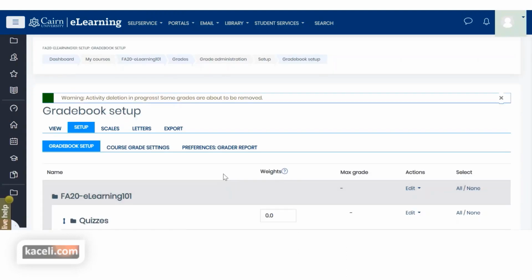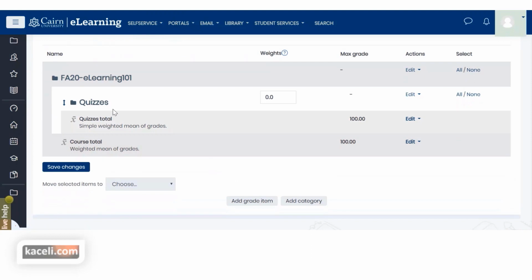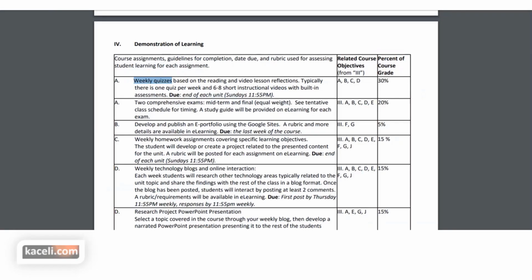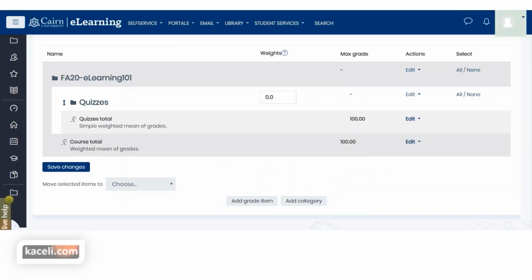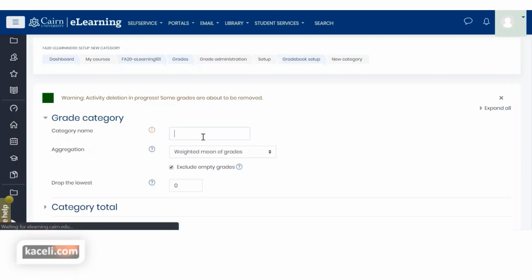So right now at this stage, we are simply entering the categories. So now we have the course here, we have the quizzes, and we have simple weighted mean of grades. Again, you'd want to use simple weighted mean because this is where a lot of the faculty gets stuck and frustrated at the same time. The next thing we need to do is enter the next category. So here in the syllabus under demonstration of learning, we had 2 comprehensive exams. So we'll call that exams, and we choose add category,